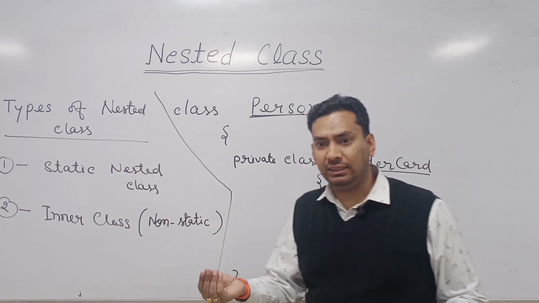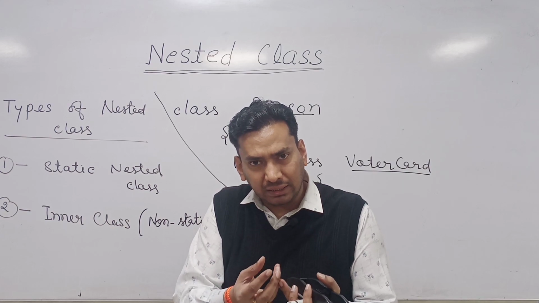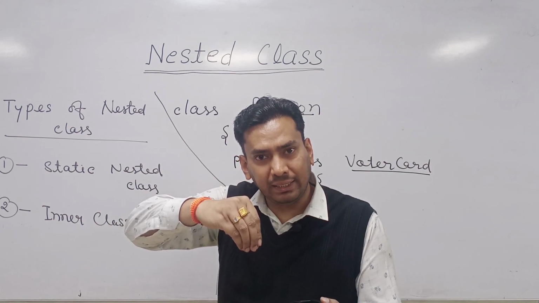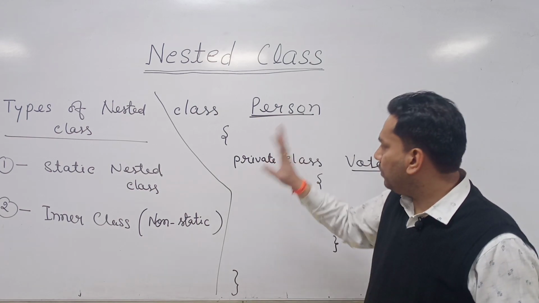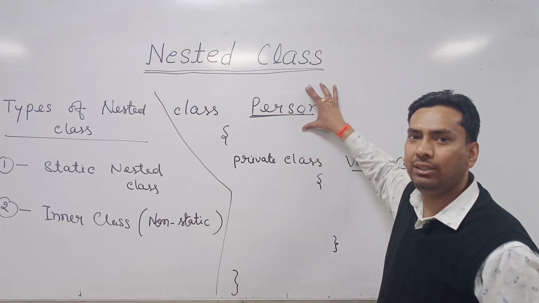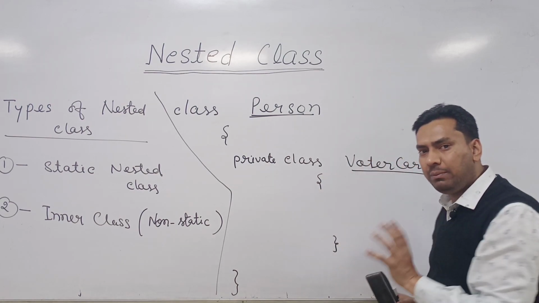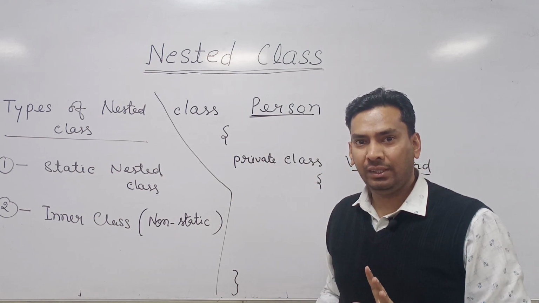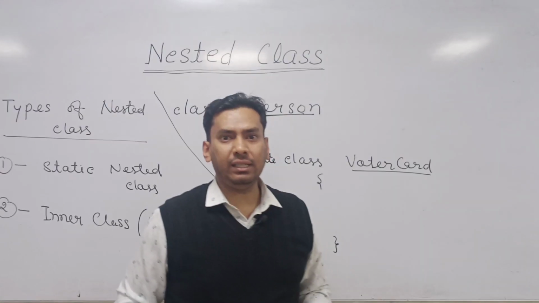This is similar to the instance variable. If you recall, an instance variable says that to create the instance variable the object should be created, and within the object those instance variables are created. The same thing happens with the inner class. An inner class simply says that if you want to create the object of this inner class, first of all you have to create the object of the outer class, and the object of the inner class will be created inside the object memory of your outer class, similar to the instance variable. So this is the simple logic behind creating the inner class.